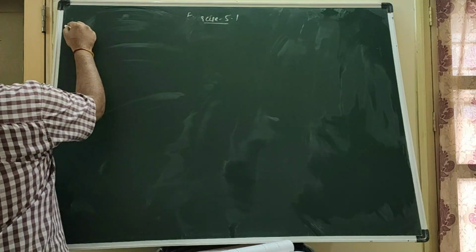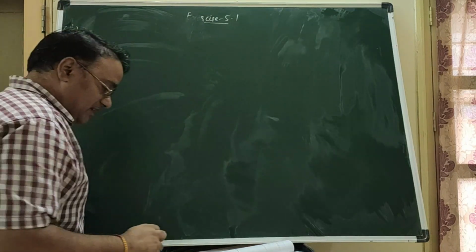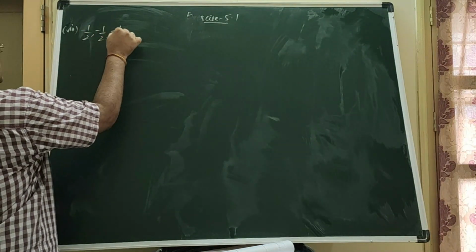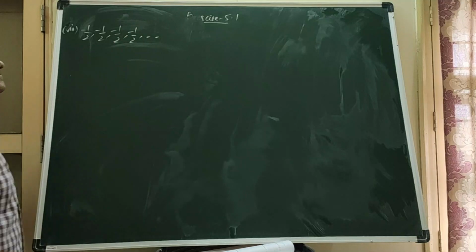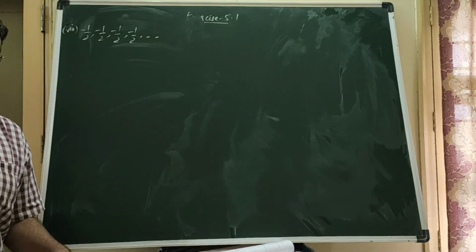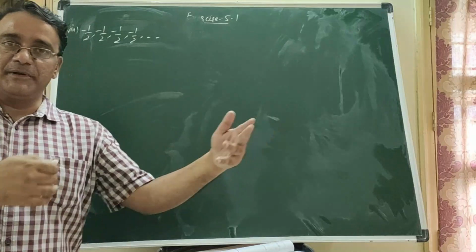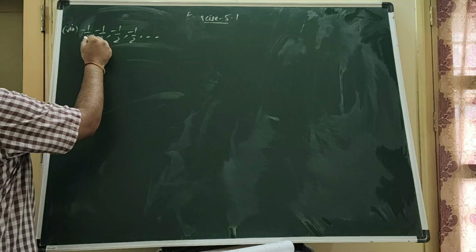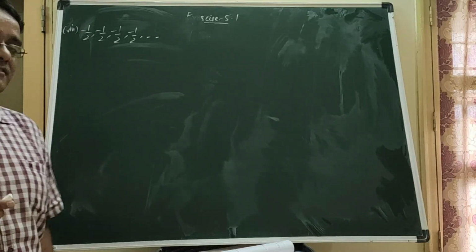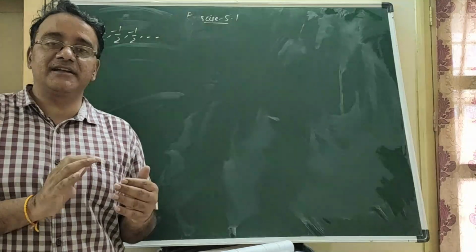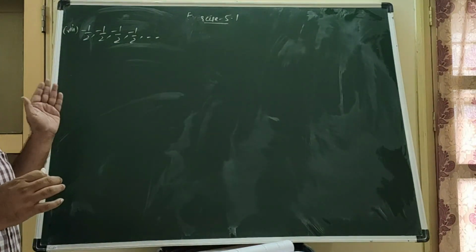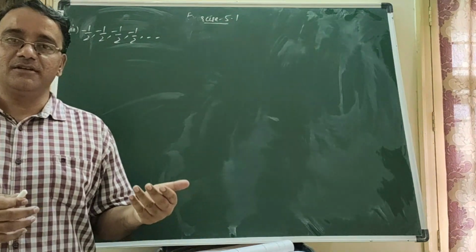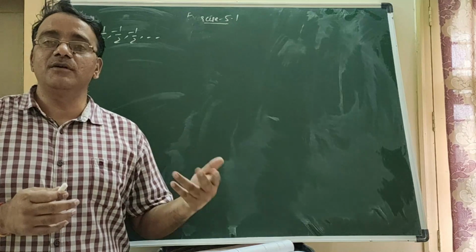Okay, now 8th bit. The question is minus half, minus half, minus half, minus half. We saw in the first session also that when the same number is repeated, the common difference is 0. So here, what we have to write? In one line we can write that since each term is obtained by adding a fixed number 0 to its preceding term, therefore it forms an AP.